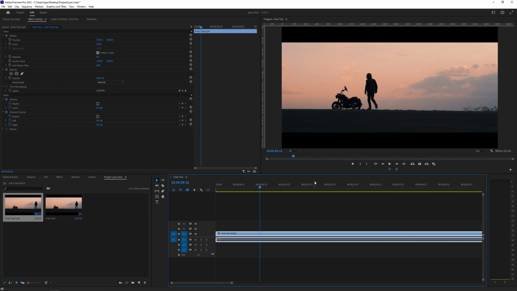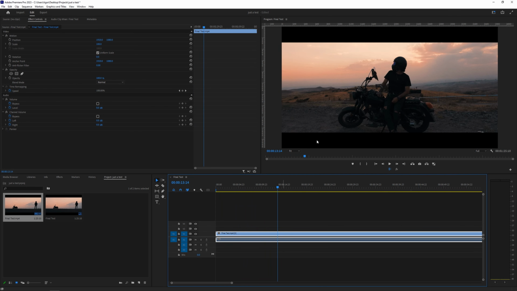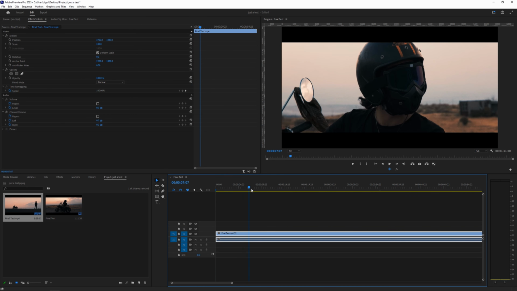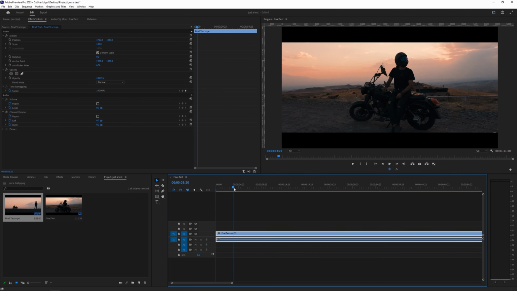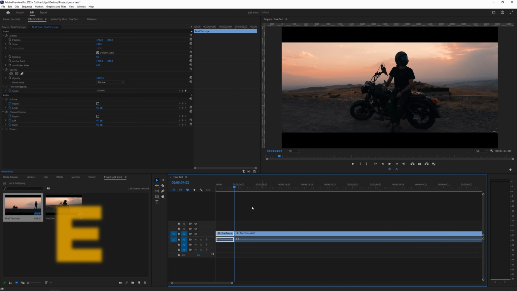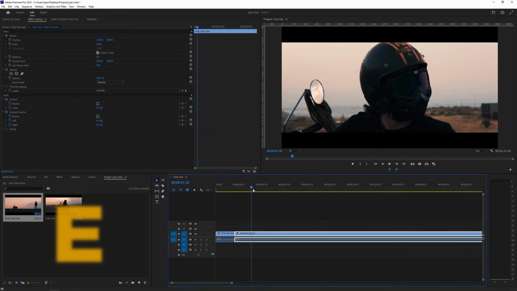So let's understand how Q, W and E works on the timeline itself. So let's assume that I want to remove this entire section and I want to start with this clip. What I'm going to do is I'm going to press Q. So everything to the left of the playhead will be removed. So you see, one keyboard shortcut, and it's already that much easier. So let's go a couple of frames forward. Let's assume that I want to remove this helmet part here. What I'm going to do is I'm going to make a cut here by pressing E. So there's the cut. I'm going to go forward.